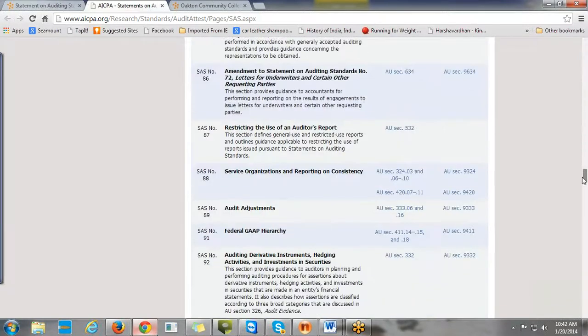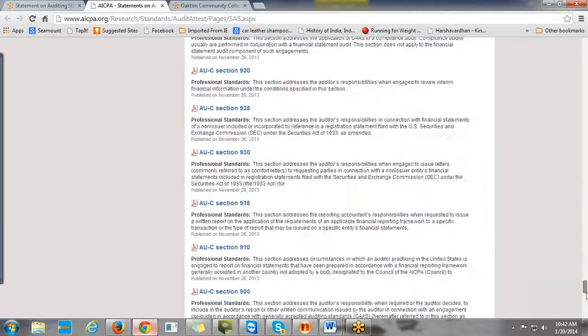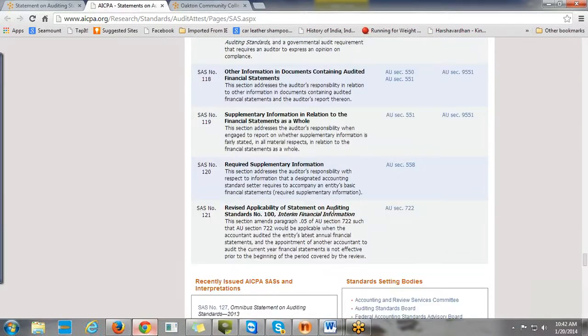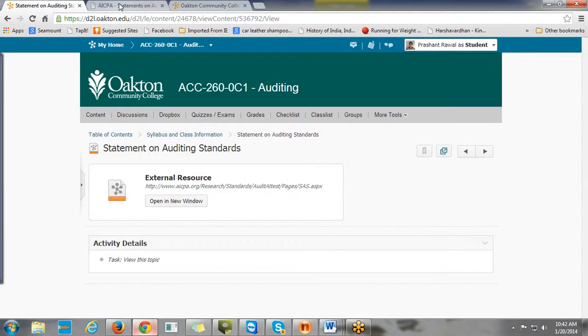SAS number 99, for example, is about fraud. If you want to read about this, you can go. This obviously came after the Enron debacle. Right now we are at SAS number 121. So all the Statements on Auditing Standards, in much more detail, have been given to you over here. Of course, as we review the chapters, you will get a better understanding of these SASs. Okay, so going back to the content,